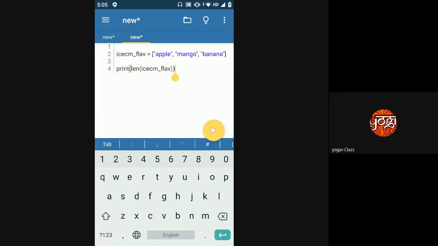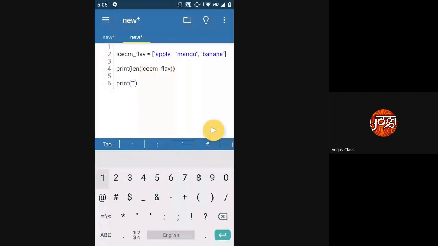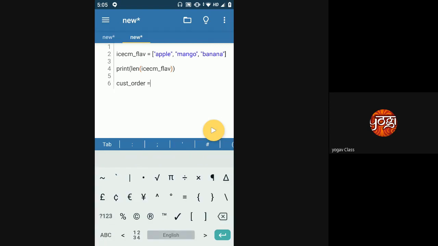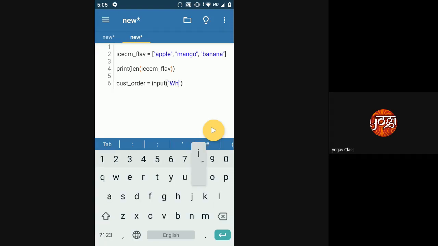Now if I want to ask the customer what ice cream the customer wants, that would be my order, right? So I'll say cust order is equal to input, which flavor do you want?